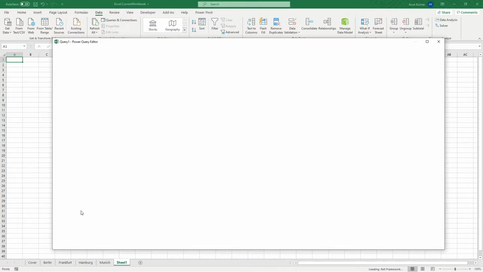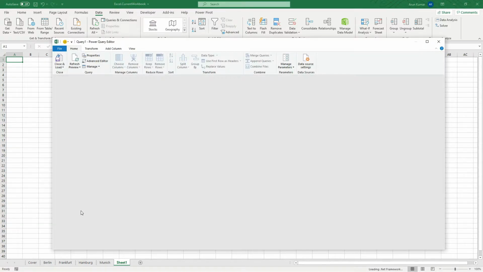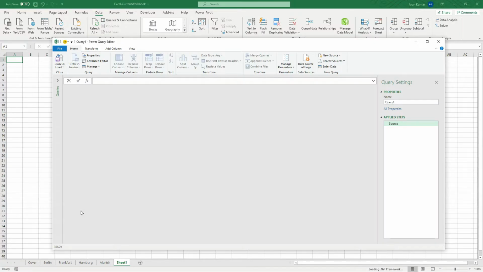It opens our Power Query editor. As you can see, it opens our Power Query editor. Now in here we have our source, but right now our source is empty. So we have to give a command to the source. How? First we put an equal sign, click here in the function bar, equal sign, and before we start I would like to show you